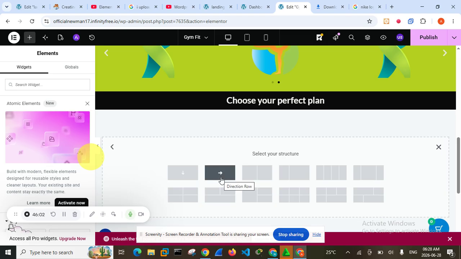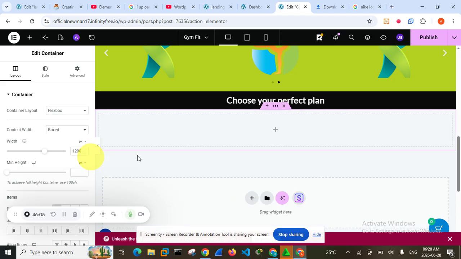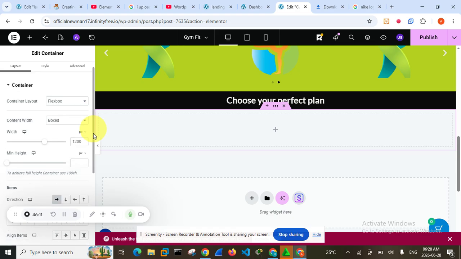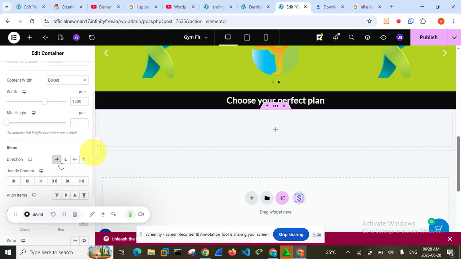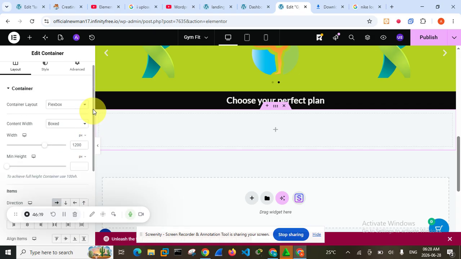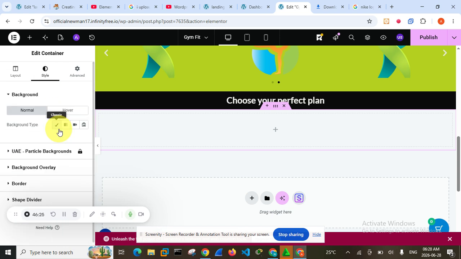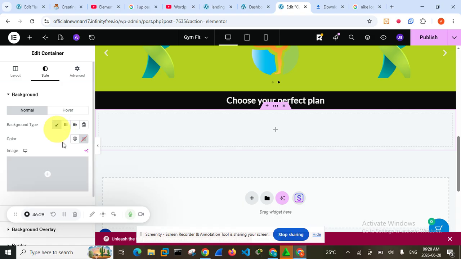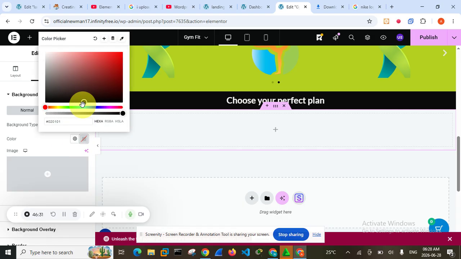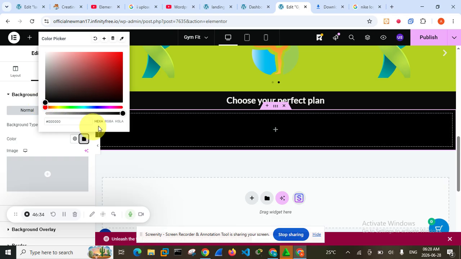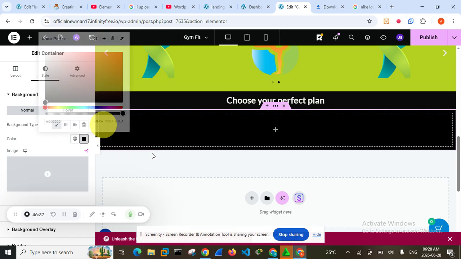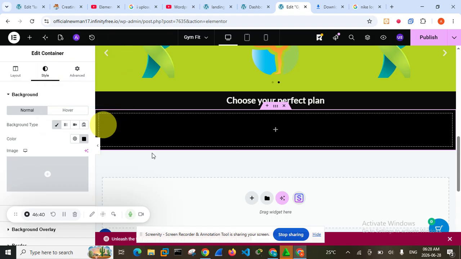a new one done. In this place, I want to select the second one, and then I'm going to come to this place and give it some style. But before giving it this style, I'm going to make sure that the direction is in a row, horizontal. And then the next thing I want to do is to make sure that the color is also black. So I'm going to come here, click on classic, then click on color, and then click on this. When that is done, I'm going to come over here, and then I'm going to click